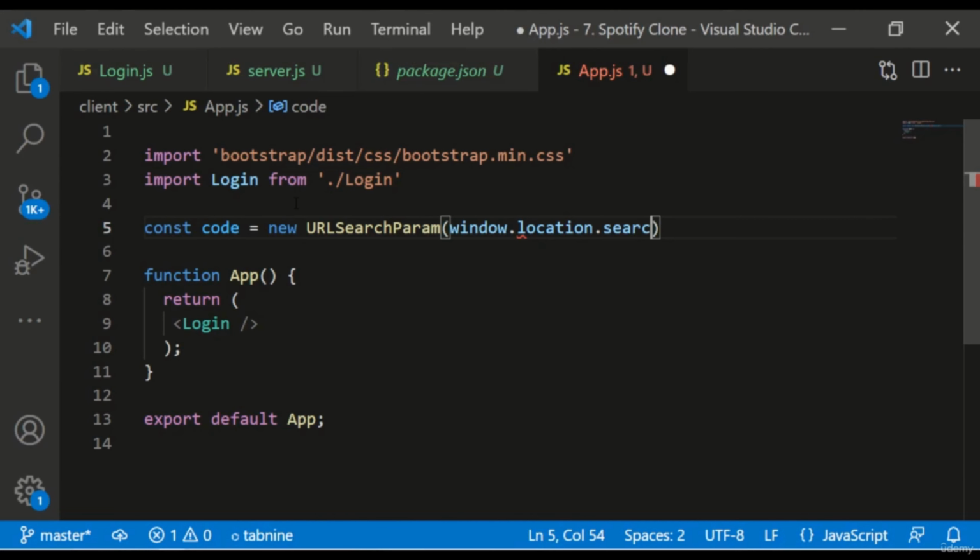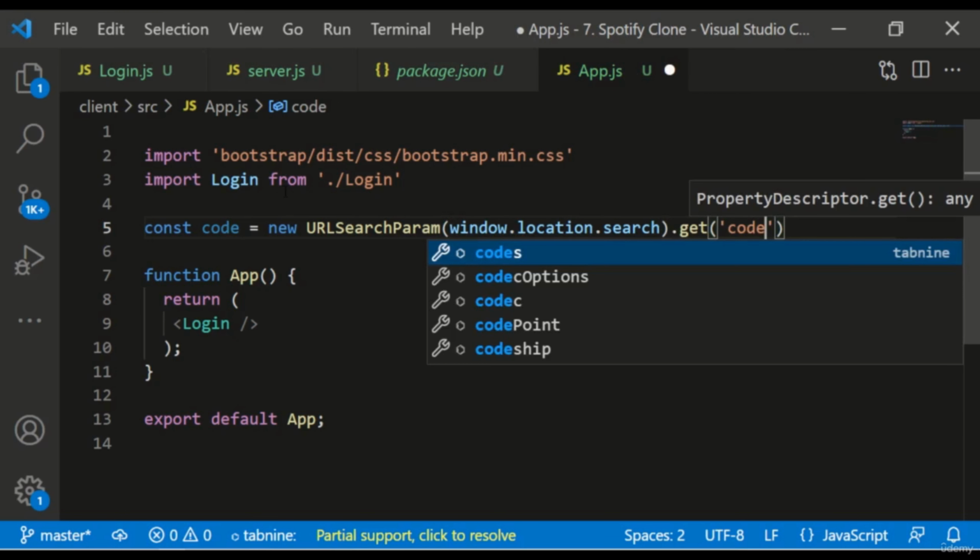So it will basically search from the window location, from the URL of the browser, and it will just get anything with the name of code. So it will just take the value of the parameters with the name code. This way you can get hold of the value of the code, the exact code, inside our variable code. Now we can make one new file inside our src,